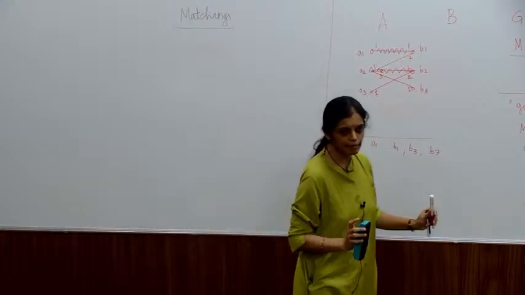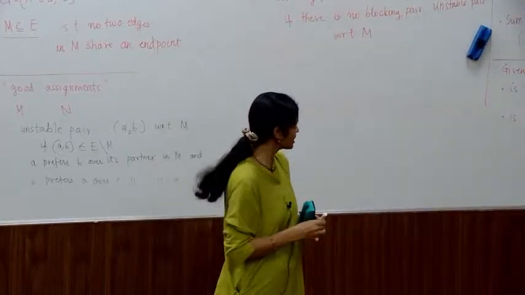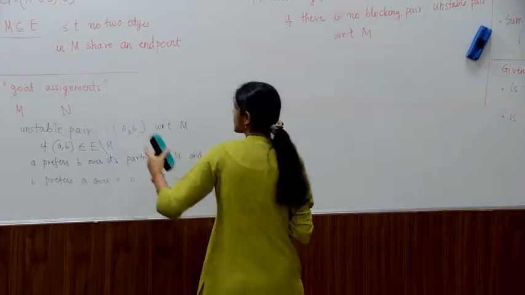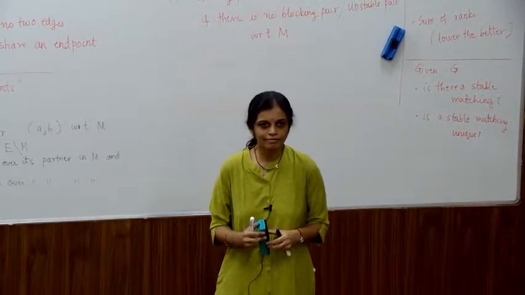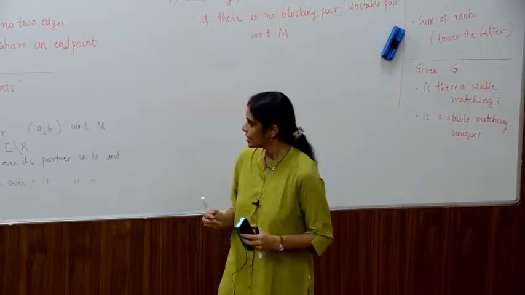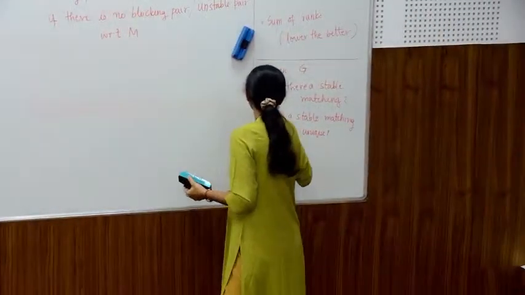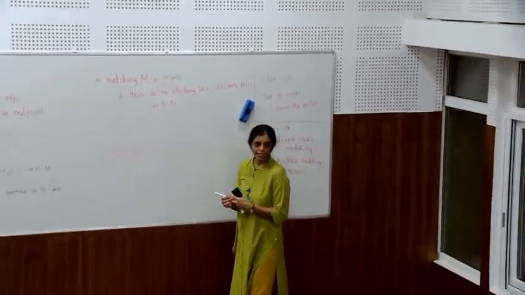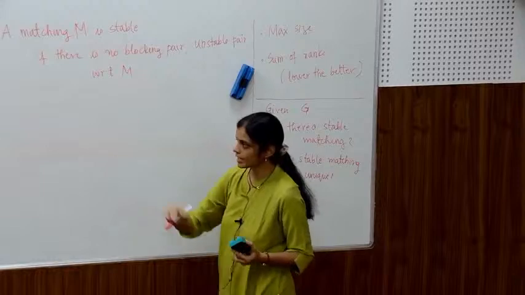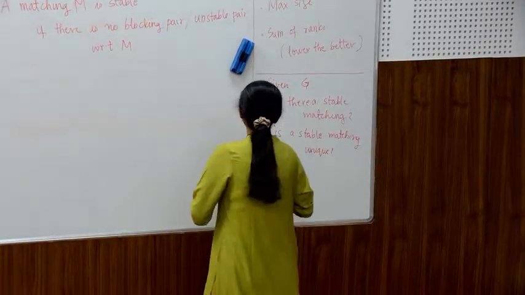So at least in this example we have the answer that there is a stable matching, but we would like to answer this generically. And then, is this the only stable matching in this example, or is there any other stable matching? So in this example, it seems that the stable matching exists, the stable matching is unique, and it also says that the stable matching need not be max size, because the size 3 matching which is there is not a stable matching. So we would like to ask,